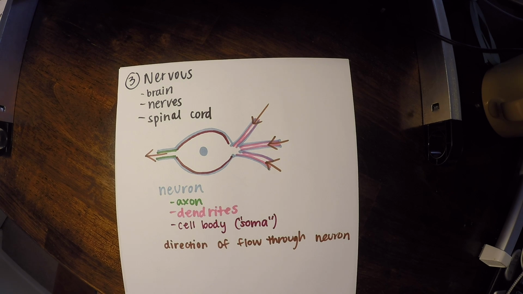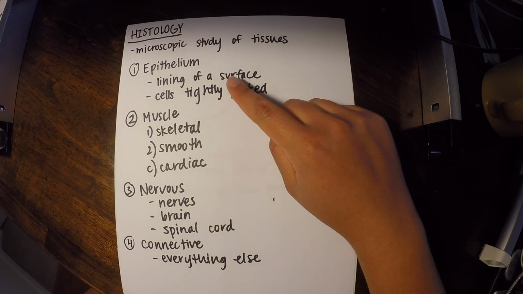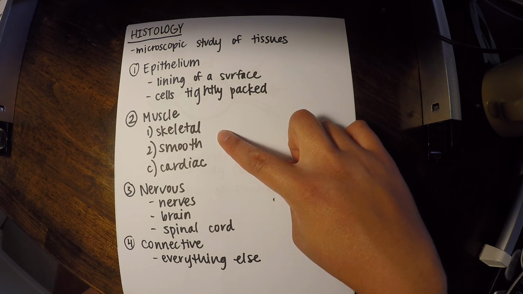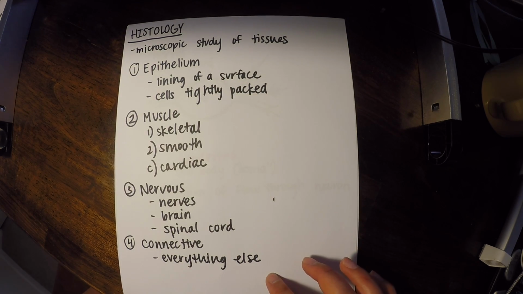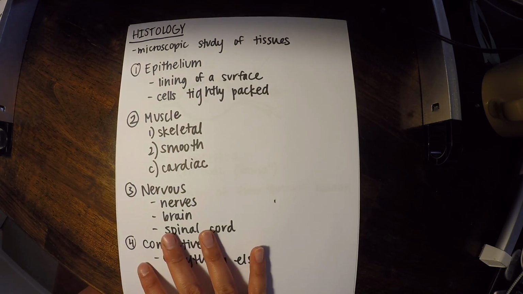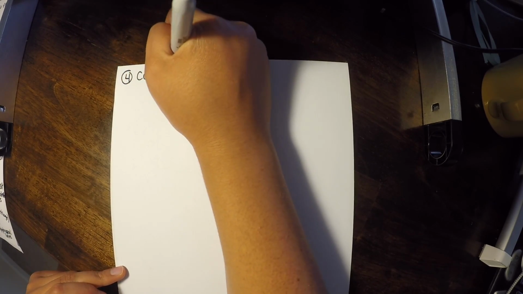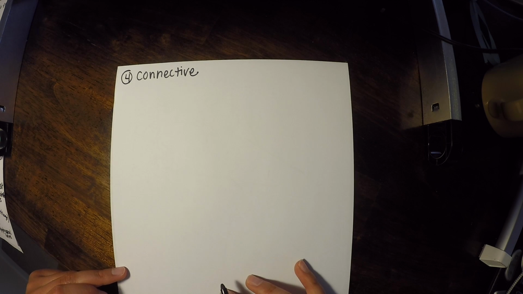So that covers our third type of tissue. And again, I'm going to bring our outline back into the picture. So for all the different types of tissues, we've covered epithelium, we've covered muscle, we've covered nervous tissue, and now finally we're on the last type of tissue, which is called connective tissue, which remember is everything else other than these three types up here. Now, remember, this covers all different types, so there's going to be quite a bit of information or different subtypes within it, so just stay with me, okay?